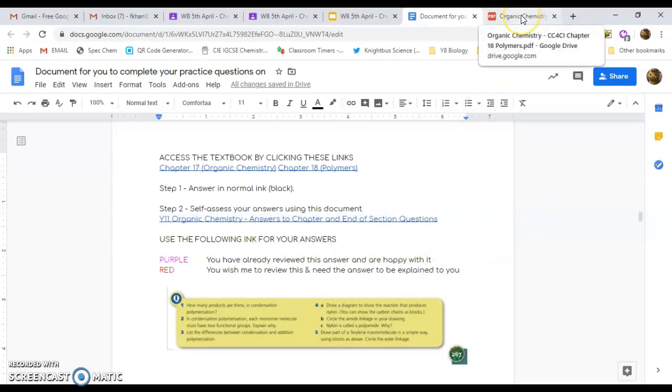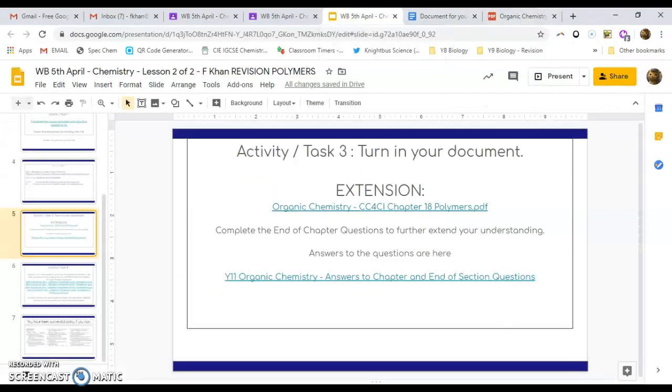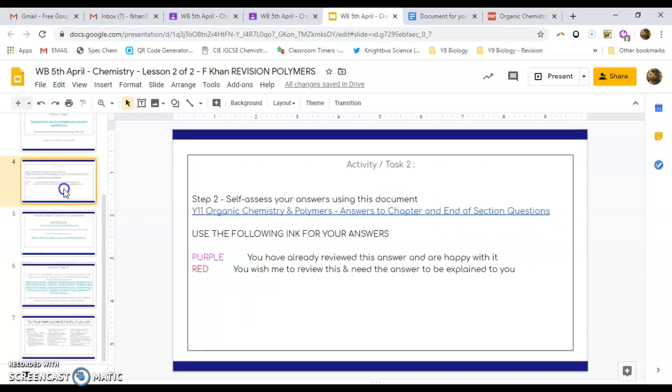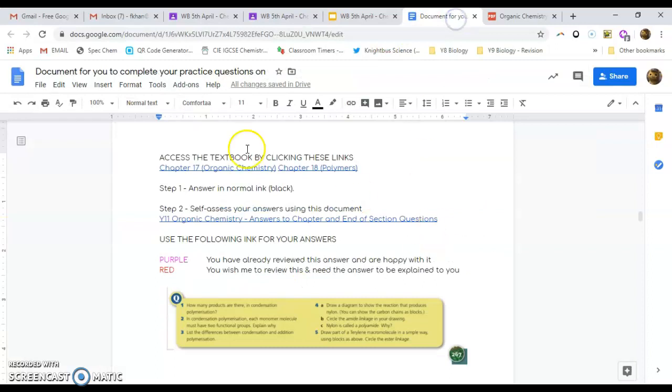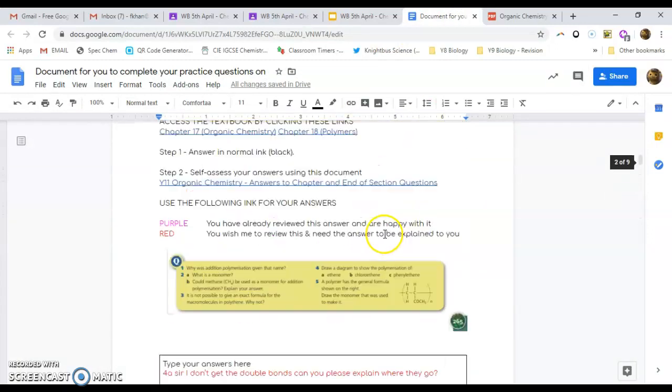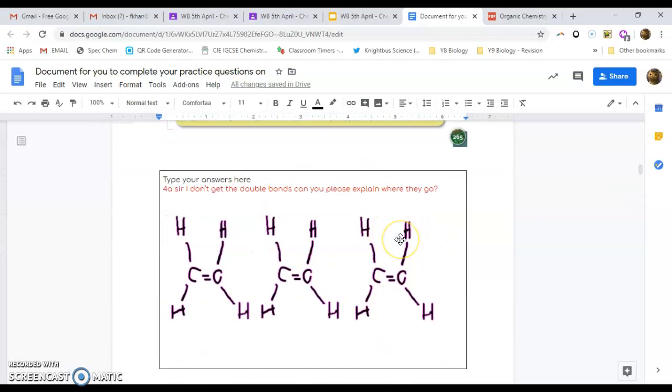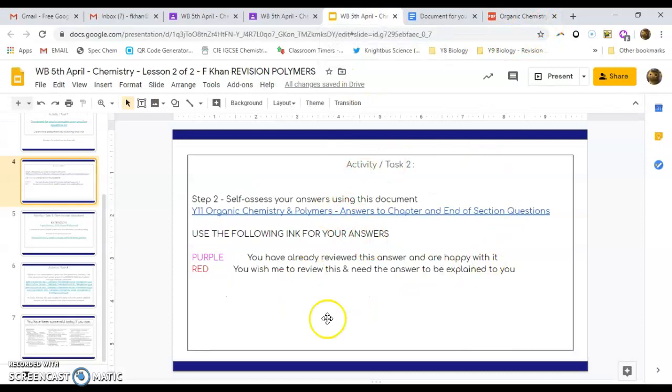If there's an answer that's missing, can you please let me know by email, but I believe it's all there, right? So once you have done that, so you've been through all of your end of topic questions, you've self-assessed that, you have turned the document in to me. So once you've done all of these answers, once you've submitted it to me and turned it in as a Google Doc, then you can go through, and once you've been through the extension end of chapter questions,